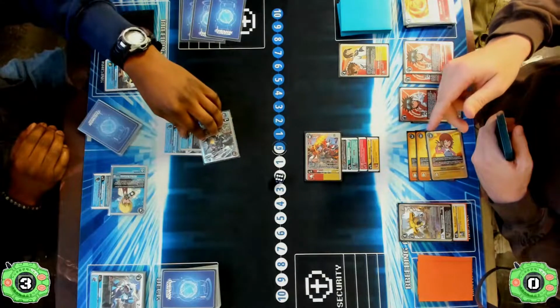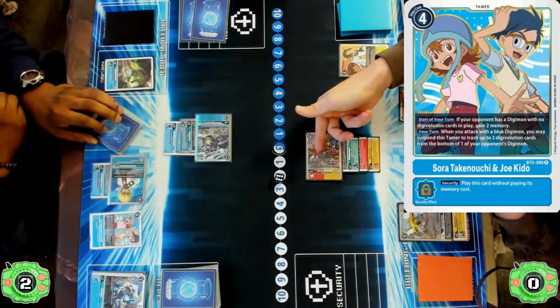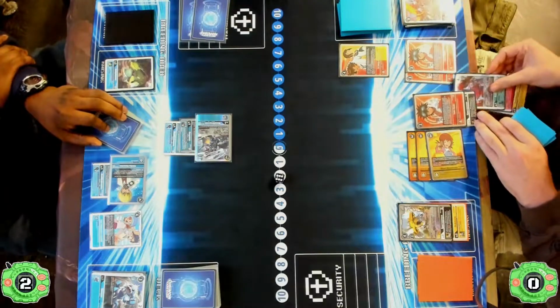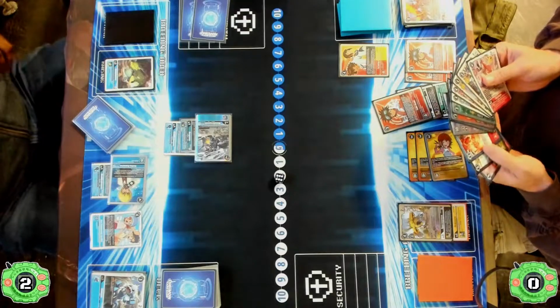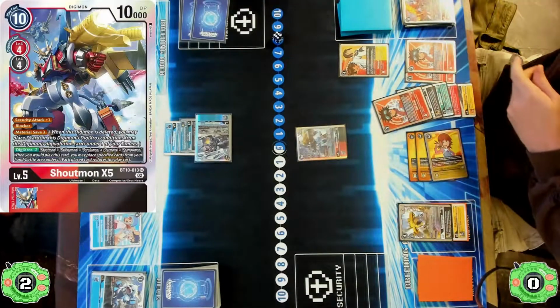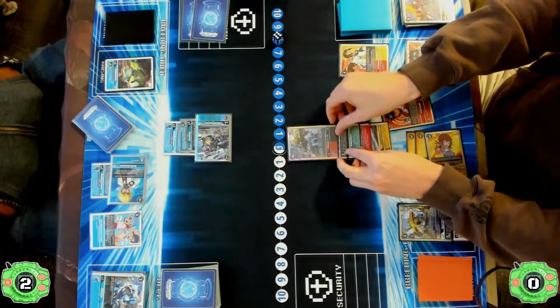But I think they realized that both of them are at 8k, so the piercing wouldn't work. So the first hit is going to hit the Sora Takanuchi and the Joe Keto. At that point, they're going to use the X4's ability and save those Digimon Digivolution sources underneath the Taiki. And this should be another X4 or an X5 showing up. So this Shoutmon X5 hits the field,